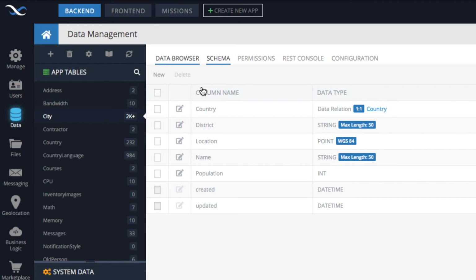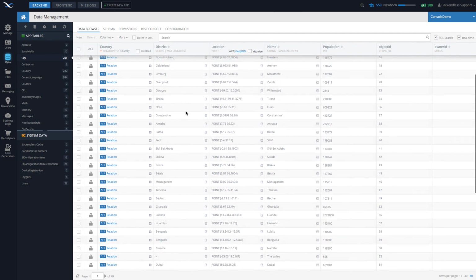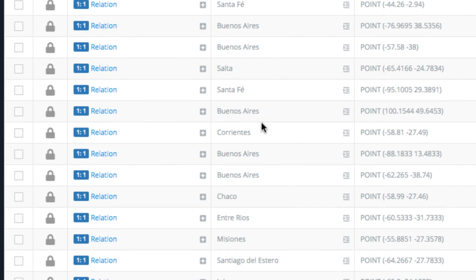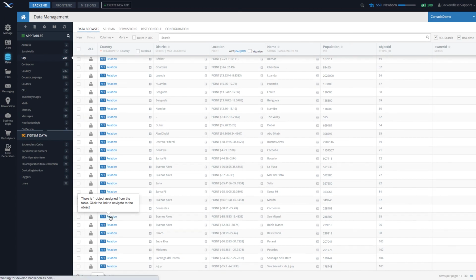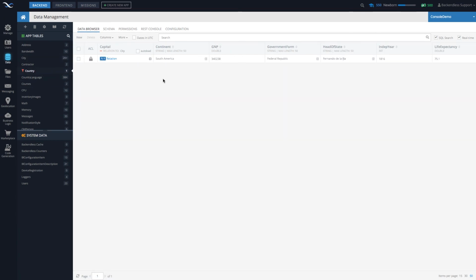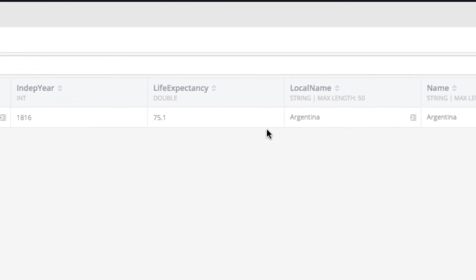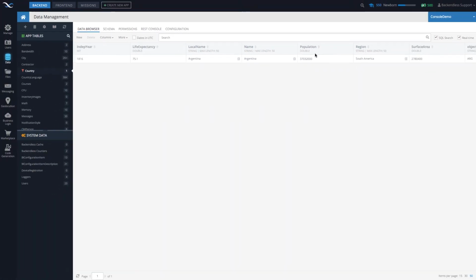To see it from the data structure perspective, if you take any given city, then there is going to be a relationship to the country that city is in. And you can just find your city. More than likely it is going to be in there. So for example, if we take Buenos Aires and we go to the relation for the country, click on that relation, and it opens up the country, and as you can see, it is Argentina, because Buenos Aires is in Argentina, and that's the relationship there.